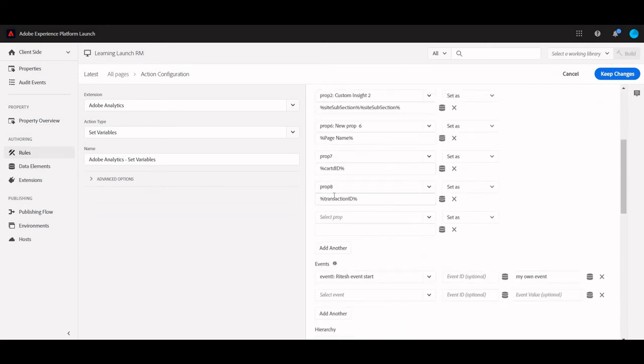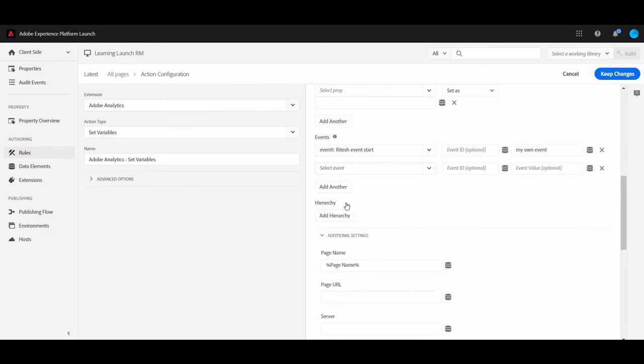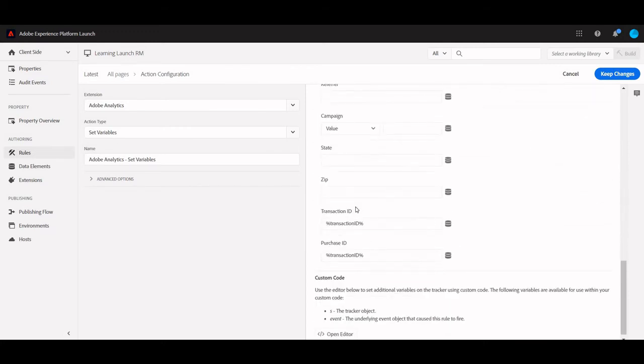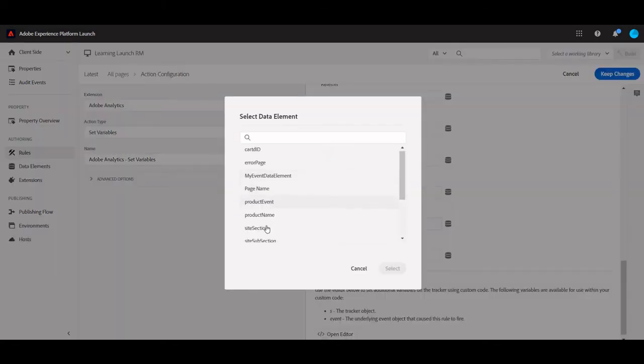Here, on property 8, I'm setting transaction ID, that's fine. And on property 7, I'm setting cart ID again, just to make sure I was doing it correctly. There should be a variable called transaction ID itself. So yes, in transaction ID and purchase ID, I'm setting the transaction ID data element that I have just created. And let's set zip as well.